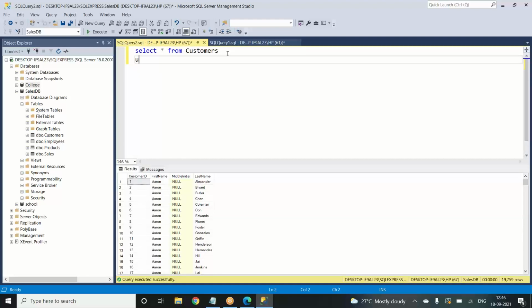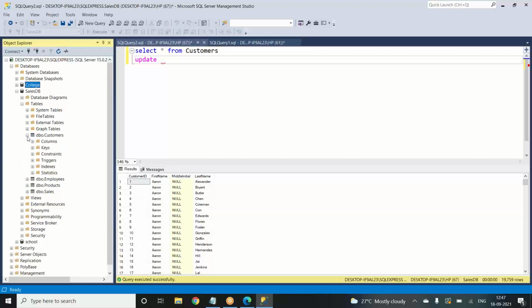There is one more thing that you normally don't use, called update. But if we only want to see the structure of the table, like we don't know the column names yet, and I don't want to see the whole data, just the columns, you can just retract this one and you'll have the column names in here: the customer ID, first name, last name, middle initial, everything.